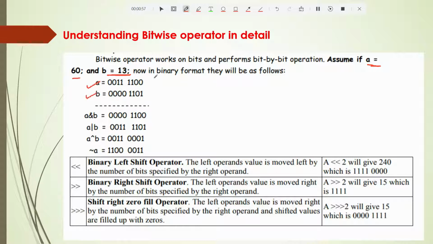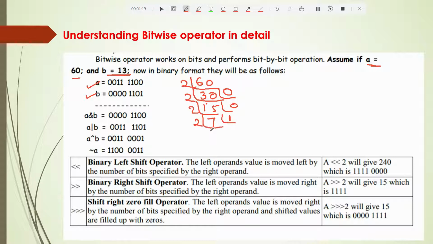If someone asks me how to write this 60 in binary form, what you have to do is divide 60 by 2. You write the quotient here and the remainder here, which is 0. Again quotient here, remainder here. Again quotient, 2 sevens are 14, remainder 1.